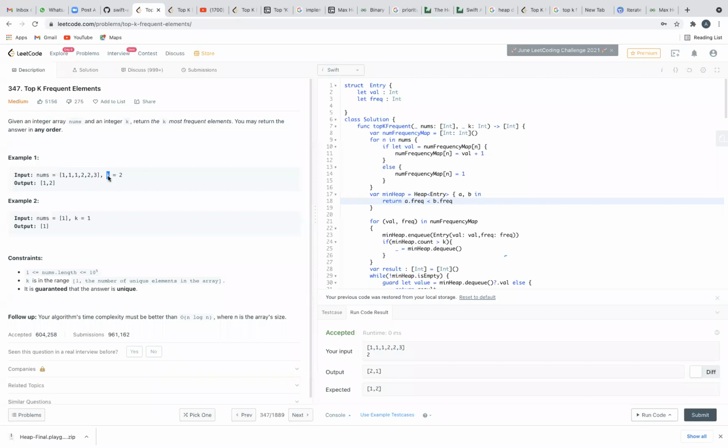You have to find, in this given array, if k is 2, the two most occurring elements in this particular array. If we see this example, 1 1 1 2 2 and 3, then 1 and 2 are the most occurring elements. Basically 1 and 2 are the two most occurring elements in this array.